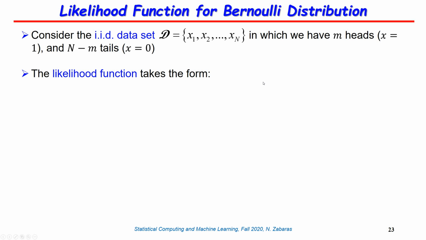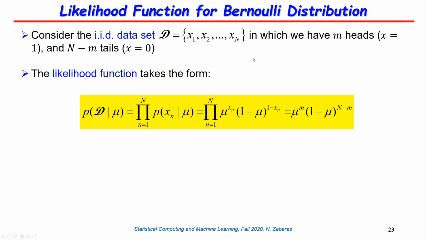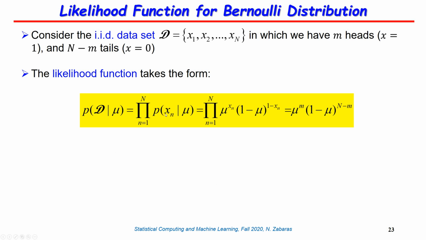So the maximum likelihood is fitting basically this data to a Bernoulli distribution, which means computing what that mu is for the Bernoulli distribution. And the way we're going to do this, we're going to find the mu that the Bernoulli distribution corresponding to that mu best explains these data sets. And the best explains the data set is represented here with what we call the likelihood function, which is actually